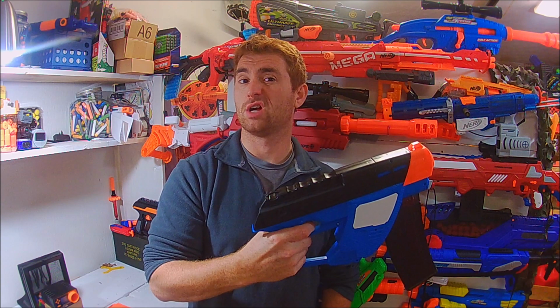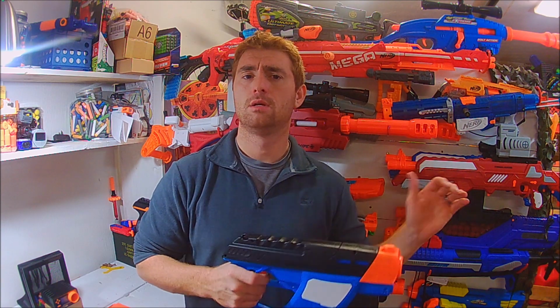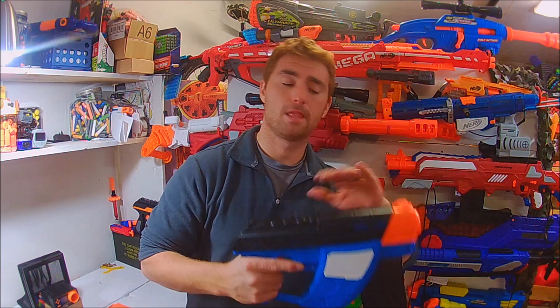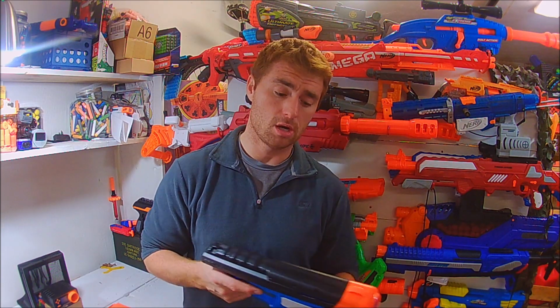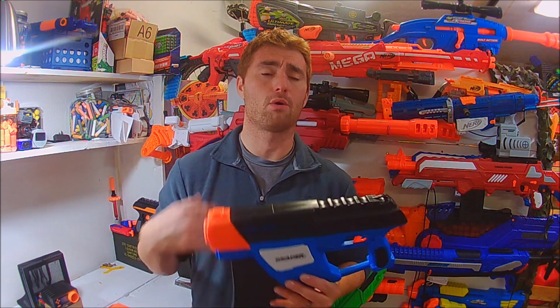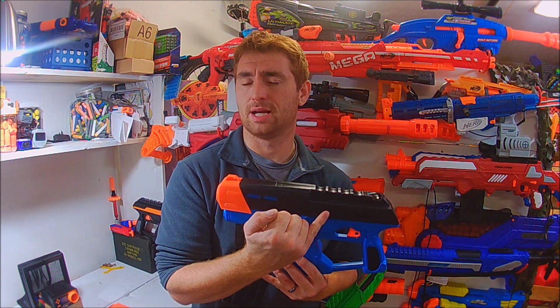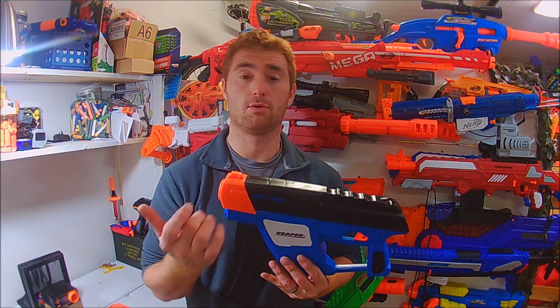And the trigger has a good pull. Top prime is smooth, smoother than most Nerf top primes. For instance, the Retaliator, the Recon Mark II, or the new Delta Trooper. This is very, very smooth, just like all Busby actions are. And again, it has that big plunger tube in it to produce better power at a very, very light spring rate. So the mods that you would do, a 7, 8, or 9 kilogram spring,